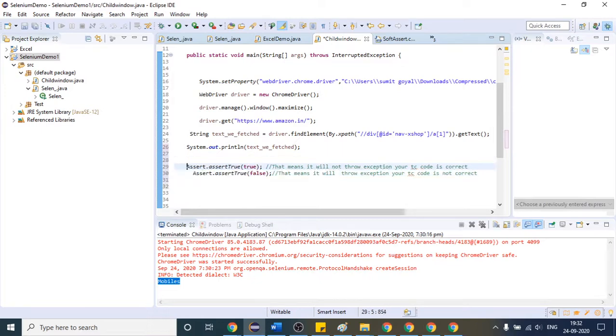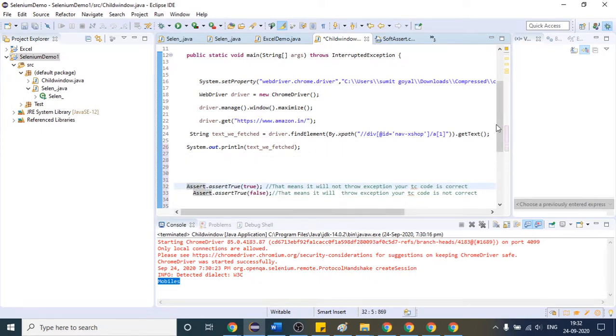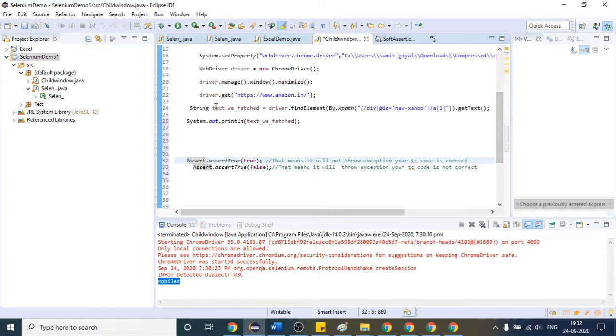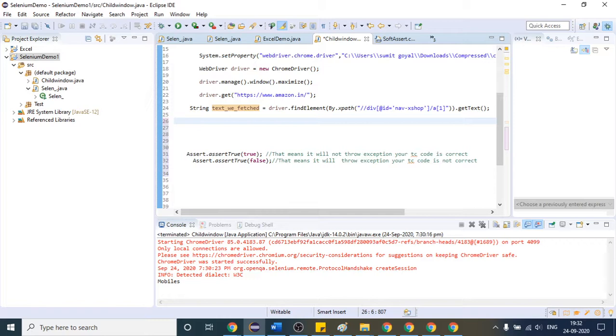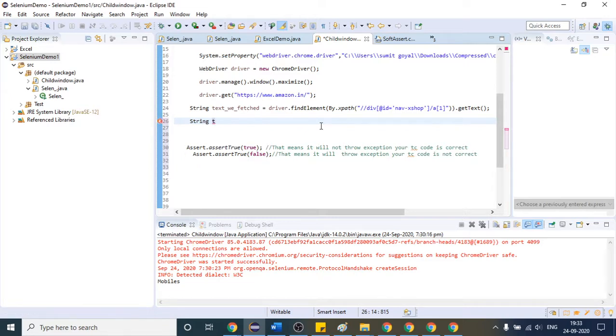Suppose this is the text we are fetching, right? And what is the text? Mobiles. So if I copy this, String text equals to, suppose I write like this, I assume this should be present.